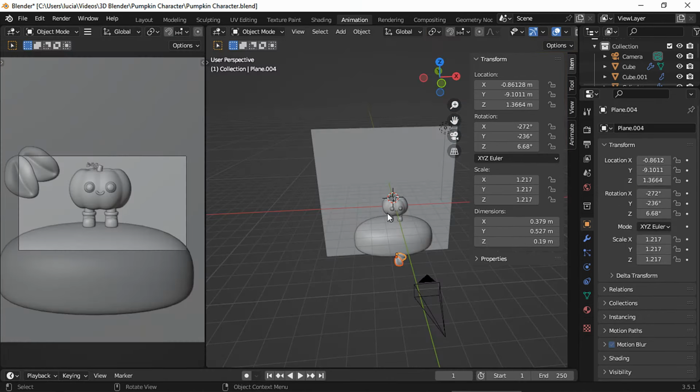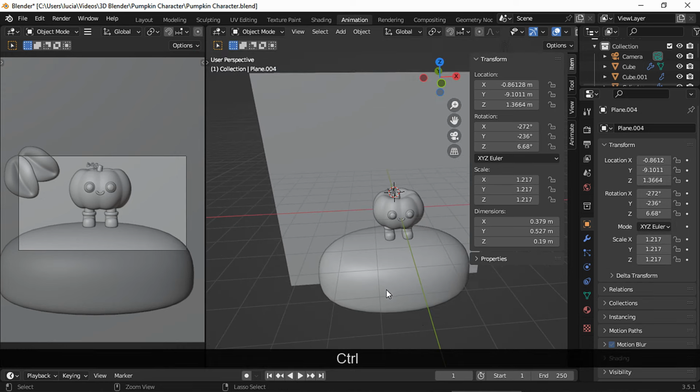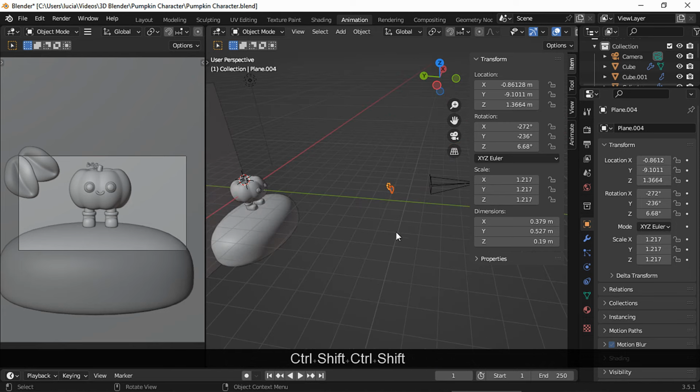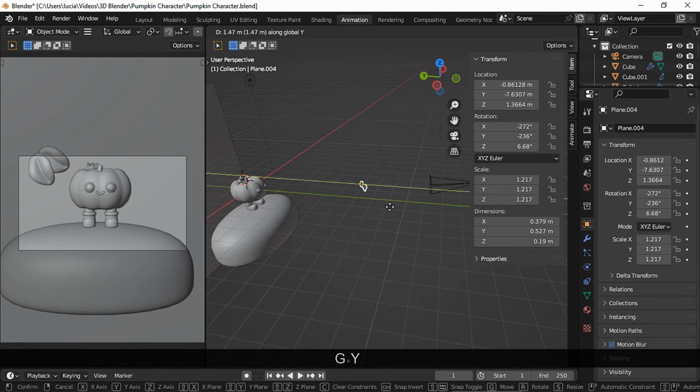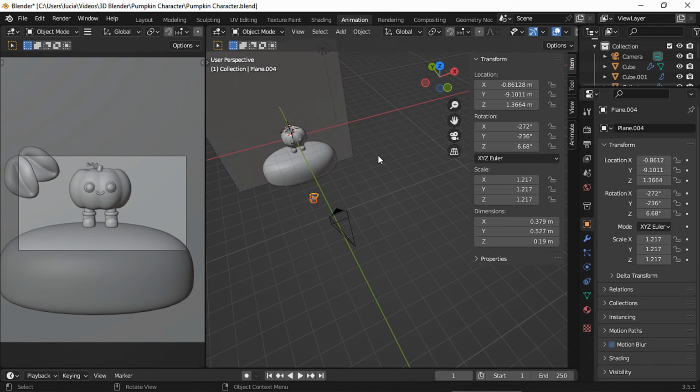For the leaves, I simply duplicated 2 leaves from the pumpkin, and I placed them close to the camera so they were blurred, and remember that the focal point is set to the pumpkin, so the further away from the pumpkin, either to the back or to the front, the more blurred it will be. Of course, I did all of these changes in render preview mode to see how blurred the objects were going to be in the final render.